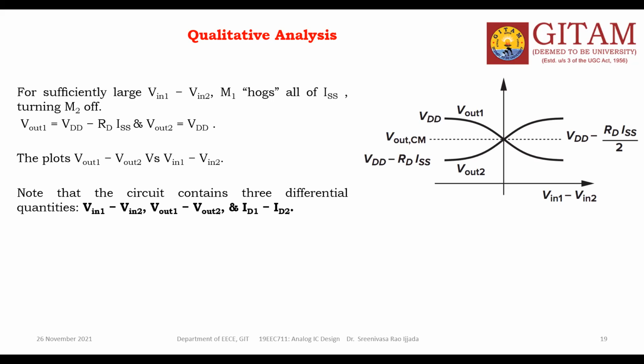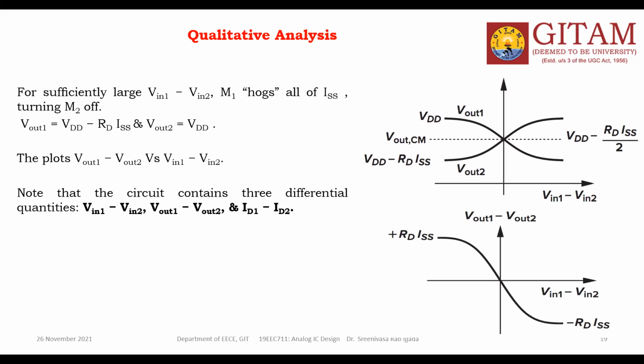So here, both the pictures are the same. In the first picture, we are showing the difference in the input voltage with respect to the difference in the output voltage. When it comes to showing the current, see the exact difference. What is this one? VDD minus RD into ISS. Subtract the lower value from the higher value: VDD minus, VDD minus RD into ISS. What is the value? VDD gets cancelled and you will get plus RD into ISS.